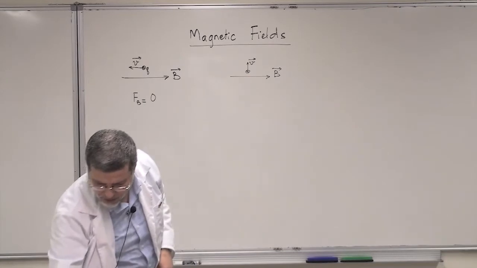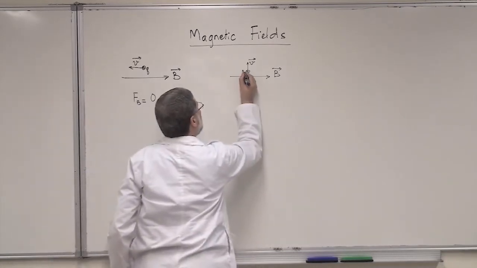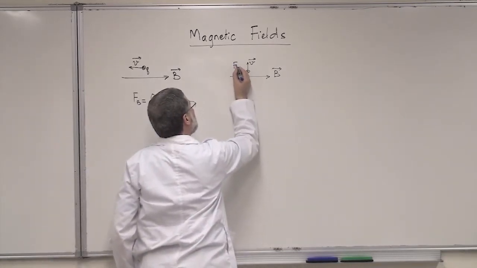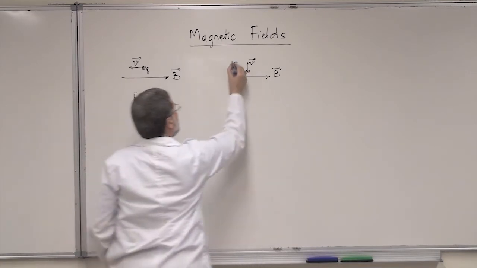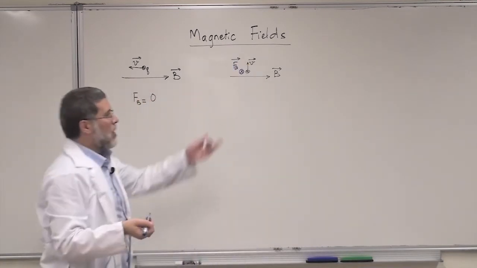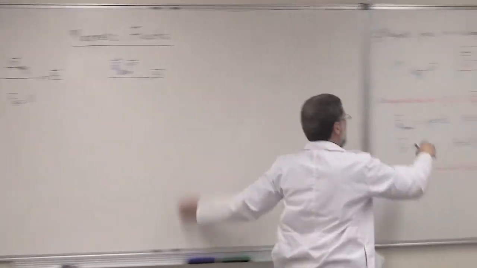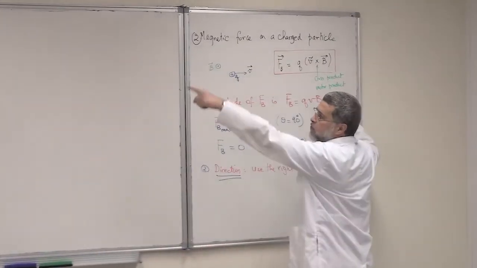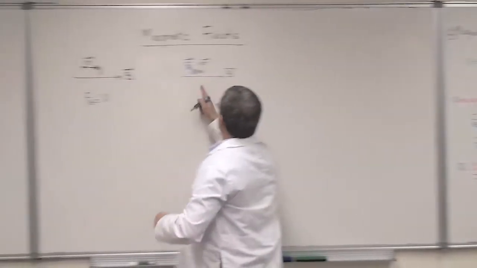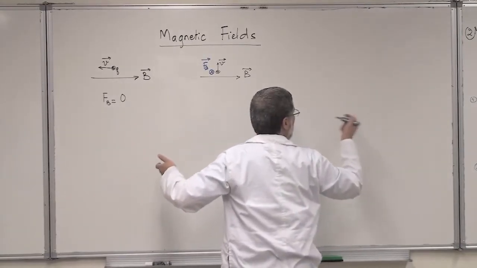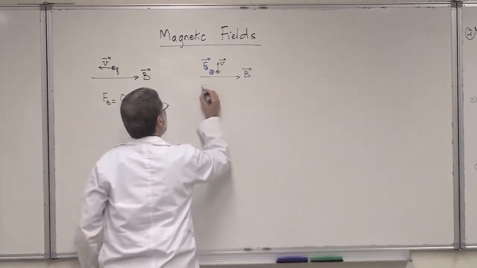So the force on the particle will be inside. So I'm going to do it like this. This is FB, and it is a vector. Its magnitude, I can find it, is QVB sine of what? What is the angle between B and V? It is 90 degrees, so sine 90 is 1. So here, the force FB